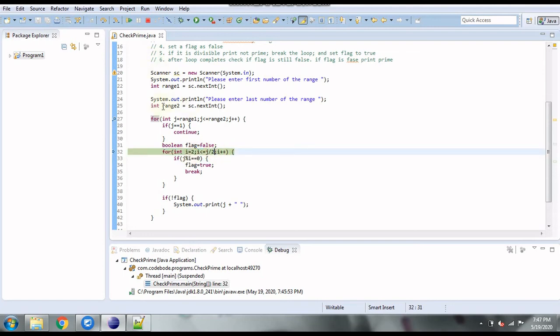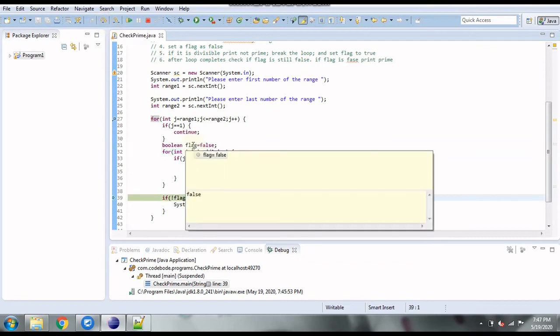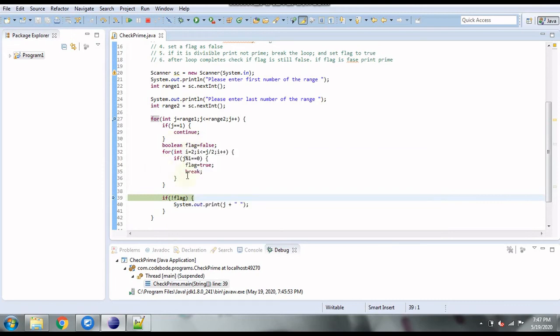So it will come directly to the if statement. Now this flag has remained unchanged because it has not even gone inside the loop. So it is not checking for divisibility because it is not divisible by any number other than 1 and itself. So it is going to print that number and go to the next iteration of the loop.